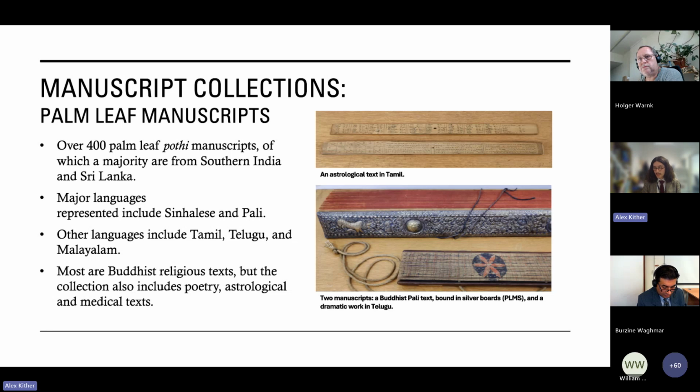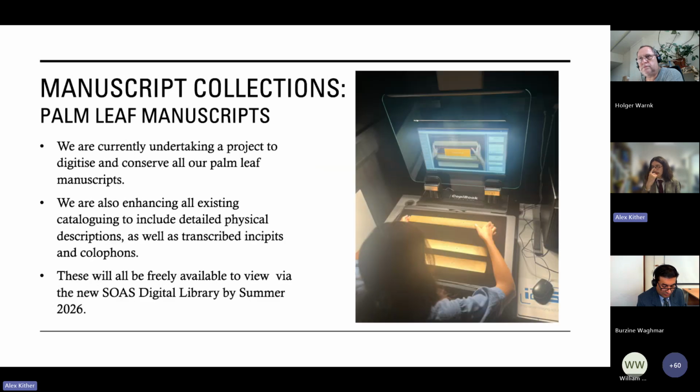And we'll come on to Marsden as well, because as we alluded to in the previous talk, the Marsden collection is split between ourselves, King's, and SEAS, the School of East and European Studies. And so many of the items that we received from Marsden were South Asian as well, which my colleague Ross will speak to a bit more in a minute.